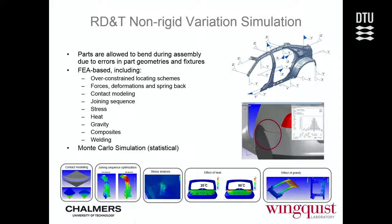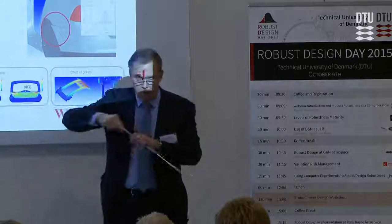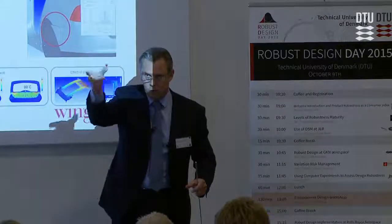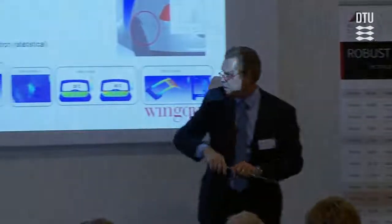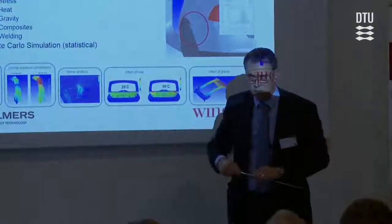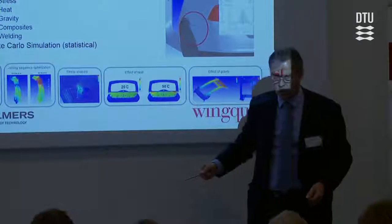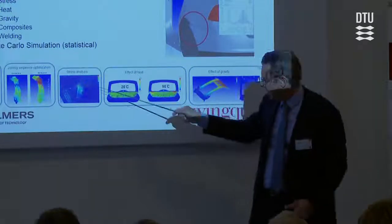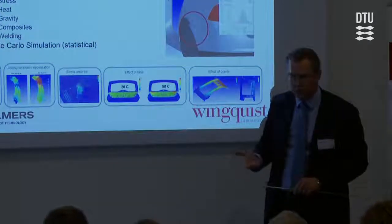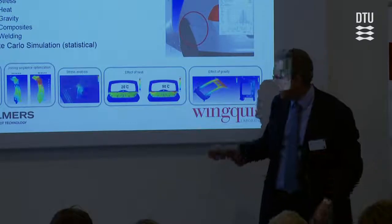We can handle stress. Or the sequence, actually, this is, I don't know if you can see it, but I have 2 parts in a fixture. I'm doing spot welding, 4 spot welds. Same part, same fixture, same cost, 2 different sequences. This is a good one, this is a bad one. Same cost. Stress, a lot of the parts that we work with, especially composites, you're not allowed to bend because,